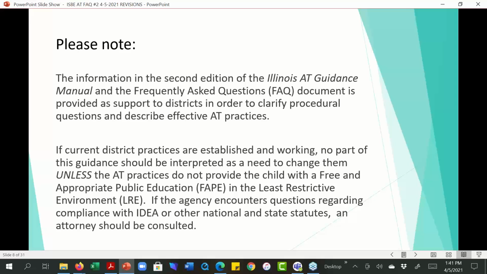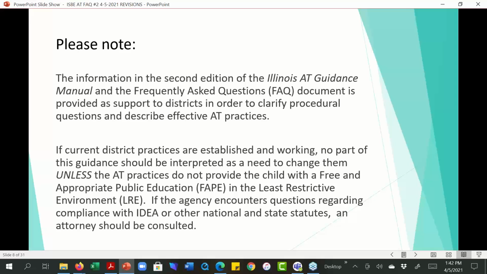So one of the things we wanted to say to you is that if your current practices are established and working well, you shouldn't interpret things that are written into the guidance manual as a need to change them unless you have some indication that they don't provide the child with a free and appropriate public education, FAPE, in the least restrictive environment.